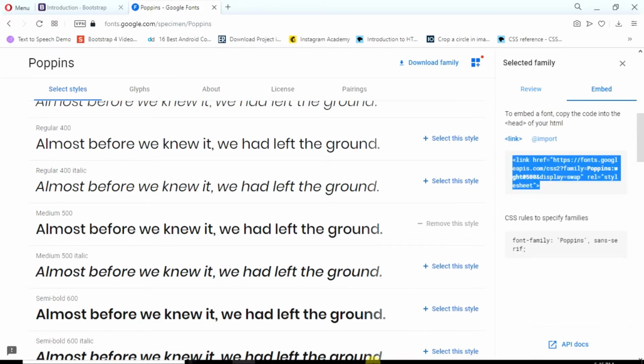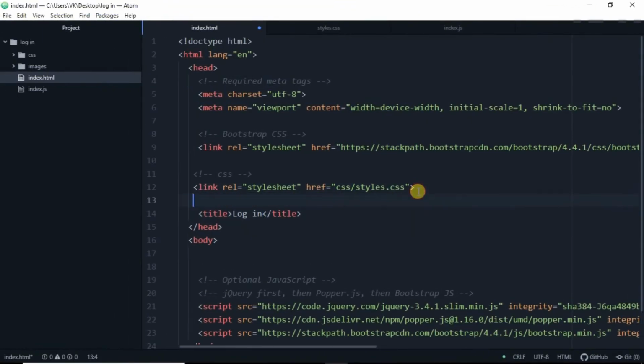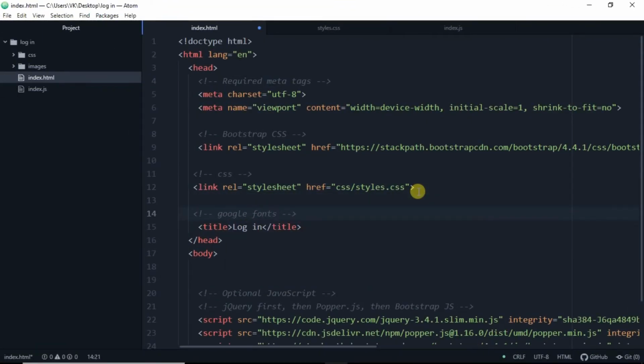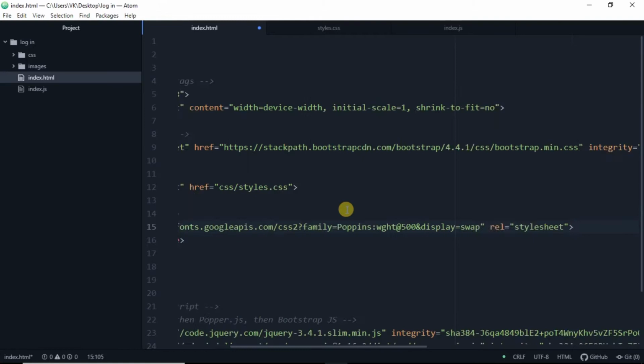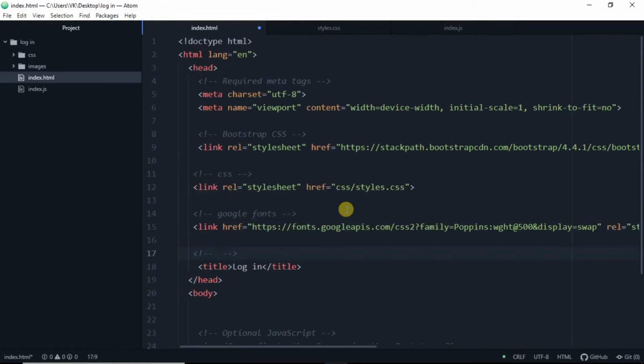We'll copy this link and paste it in our Atom text editor. Just comment it out to make it easier to understand when you open it later.